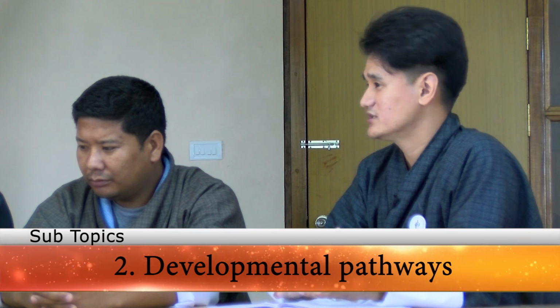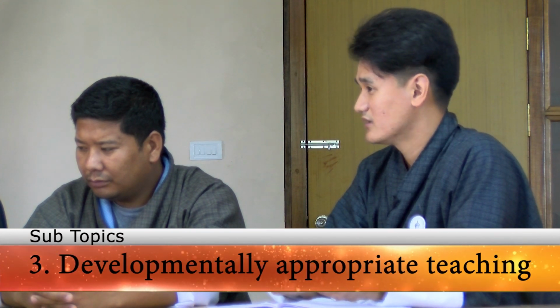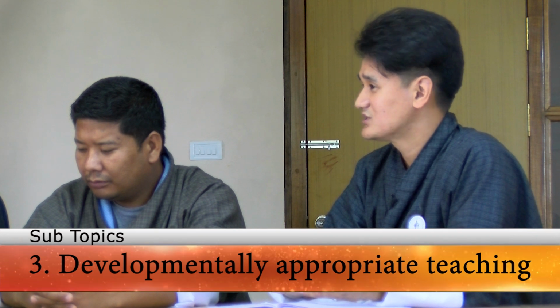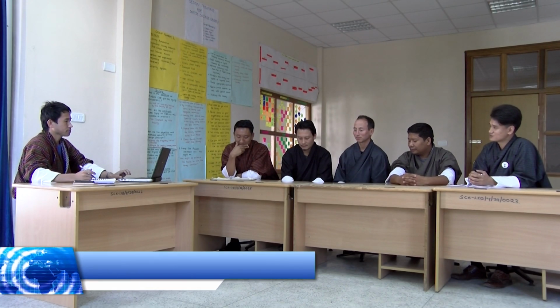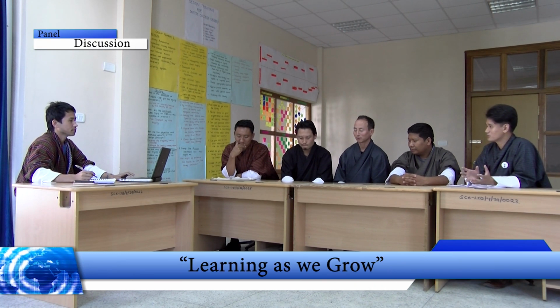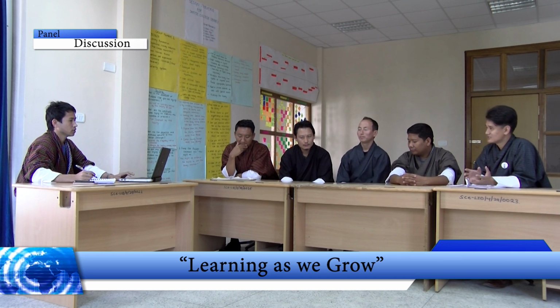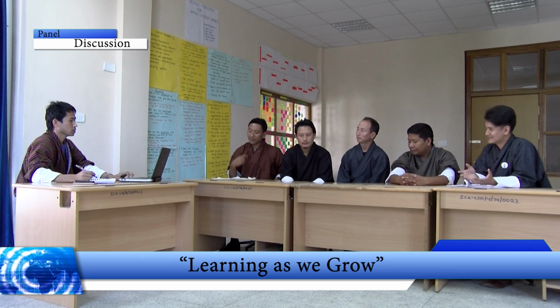And this is very important for teachers to know. This is important because as teachers, if we know students' culture and social context, we will be able to relate our everyday lessons with their everyday life. And this is important so that the child can understand easily and they can internalize the lessons. Some of the strategies that we use are the Kagan structures, in which there are lots of chances for children to interact with each other. And when they interact with each other, they share their ideas, they come up with new ideas, and they learn.